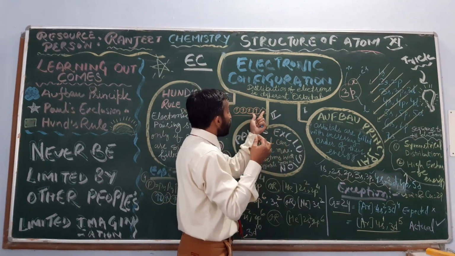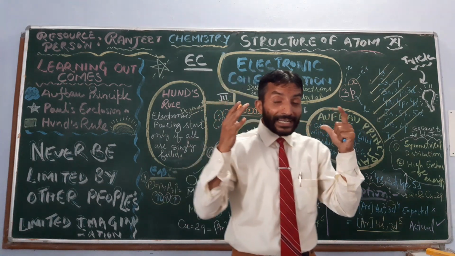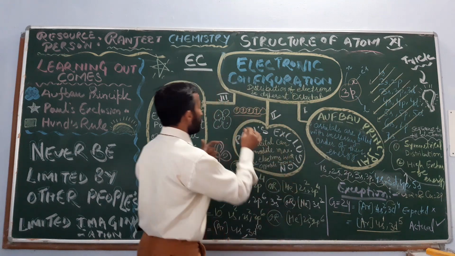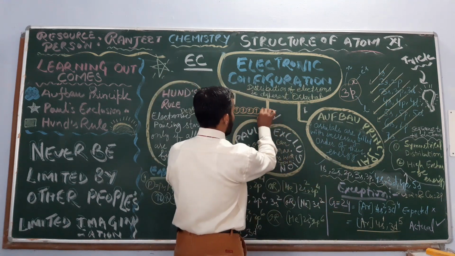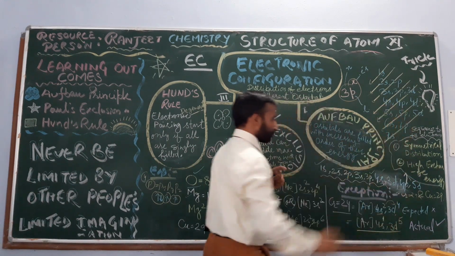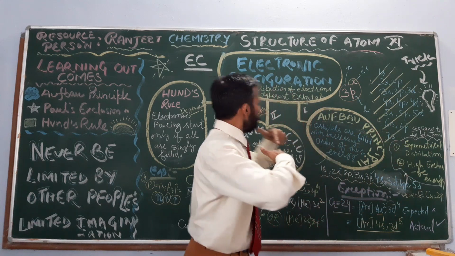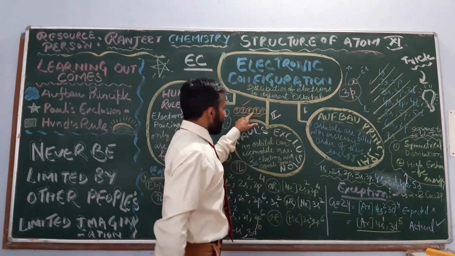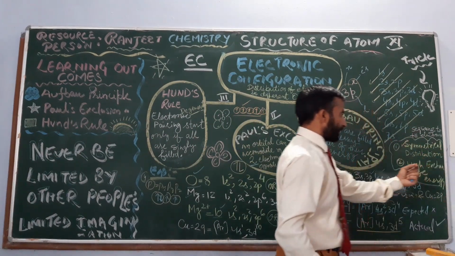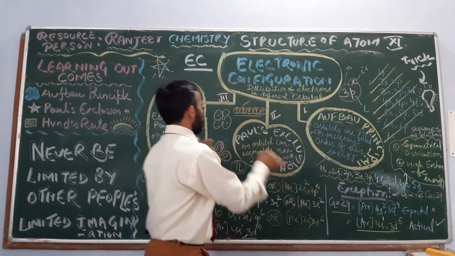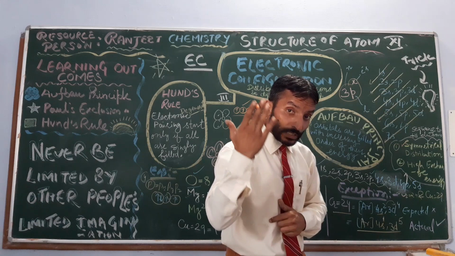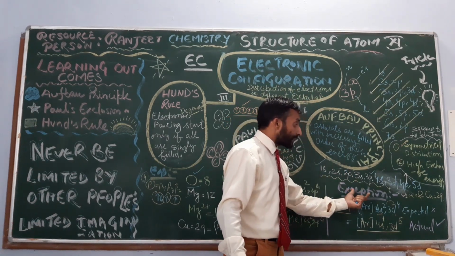If it gets one more electron, the system becomes convenient, they can eat easily and happily. Same here, this is the reason why one electron jumps from 4s to 3d, and they become half filled. So it is more stable, the distribution of electrons is symmetrical, and there is high exchange energy. When we check their exchange energy, it is higher, so the system is more stable. This is the reason behind the exception.